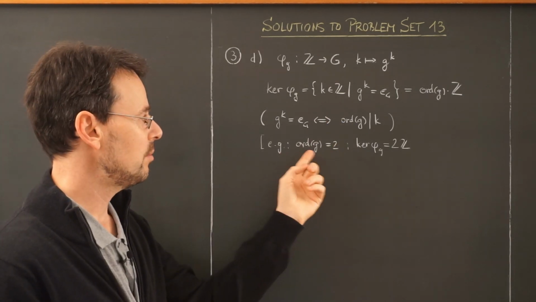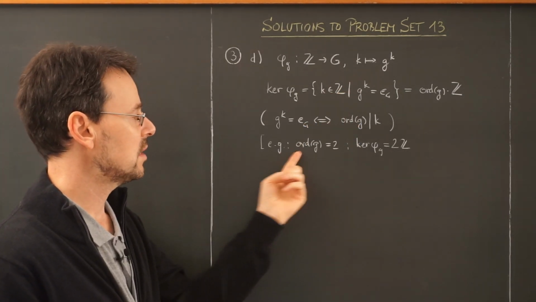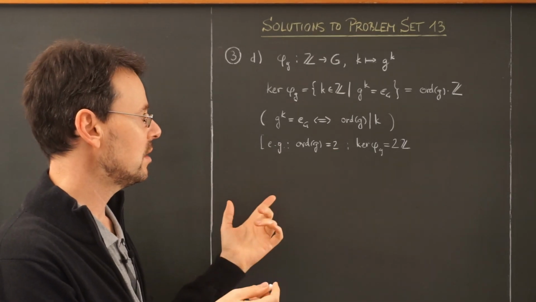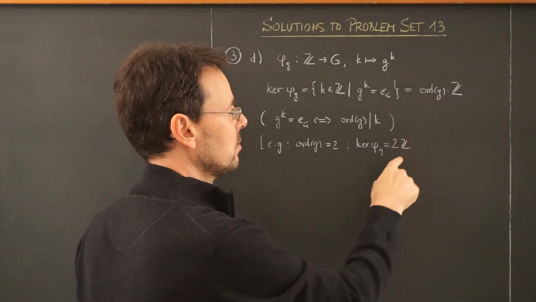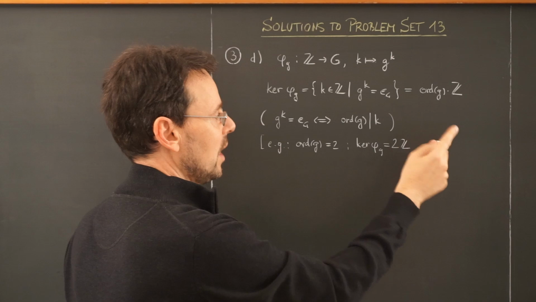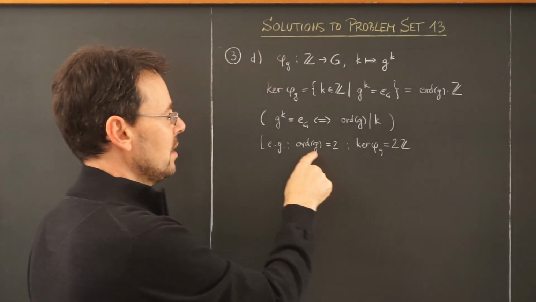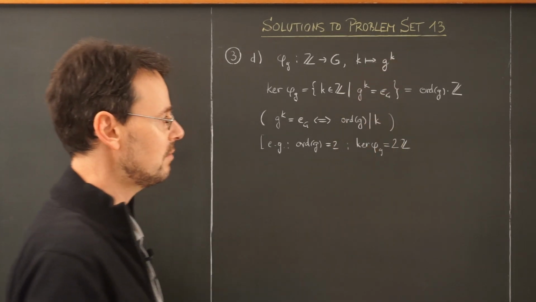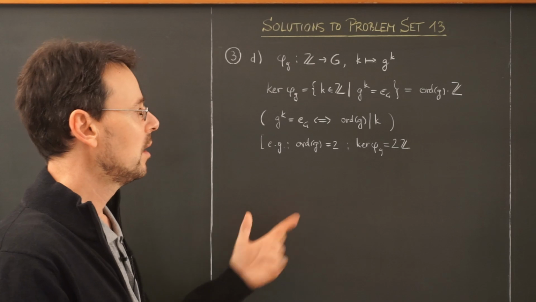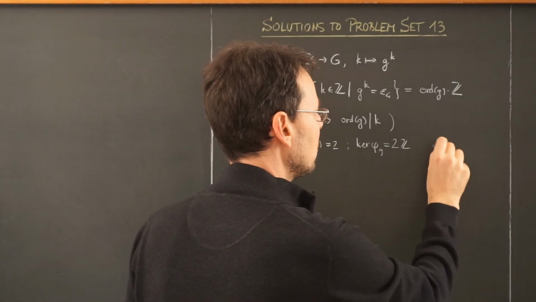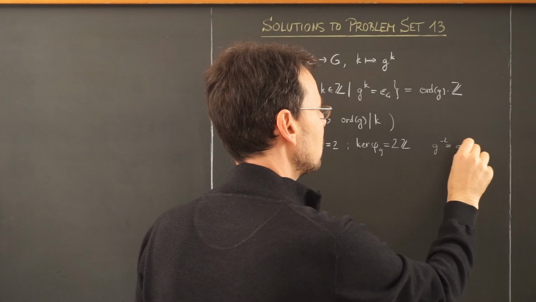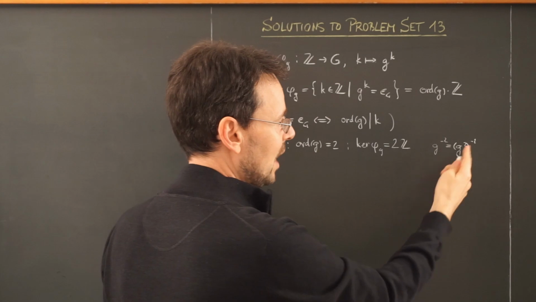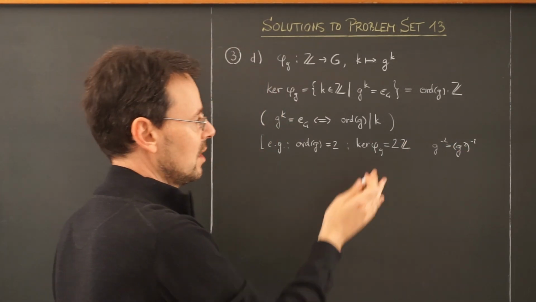Let's look at an example to make this more clear. If, say, the order of g is 2, so g is not the identity, but g squared is, then the kernel, by this observation here, is 2 times Z. And indeed, if I raise this g to the power of 2 or 4 or 6 or any even number, I end up with the identity. And also because g to the minus 2 is g squared inverse, which is e inverse, which is e, also the negative even numbers give me